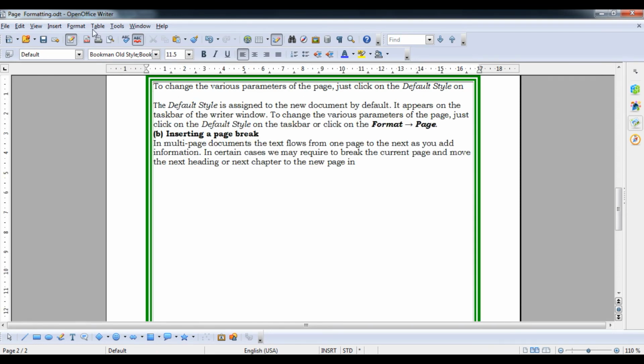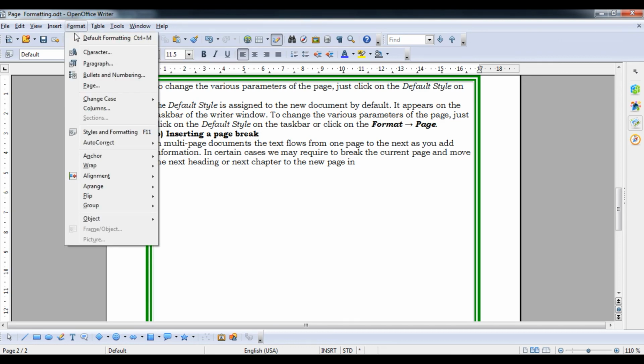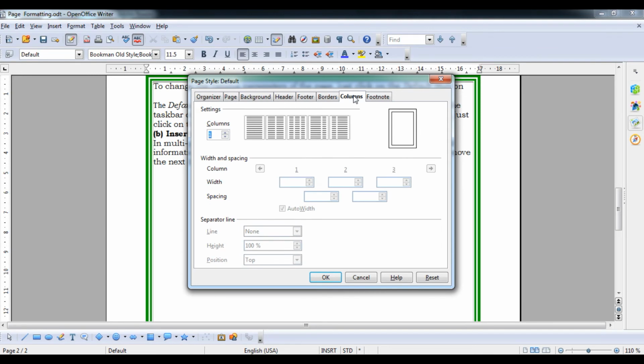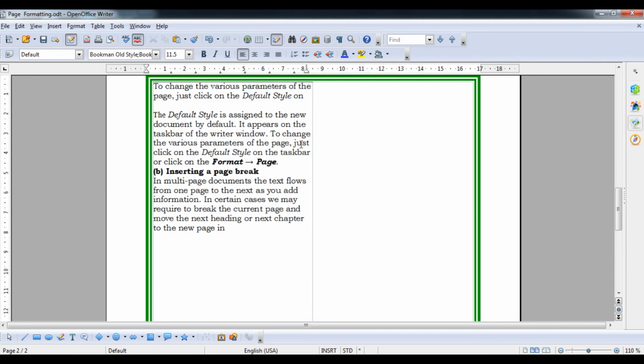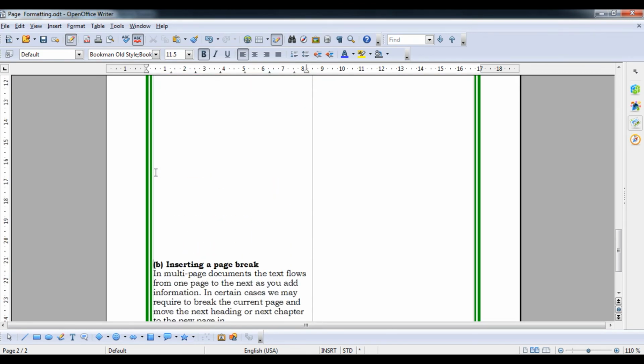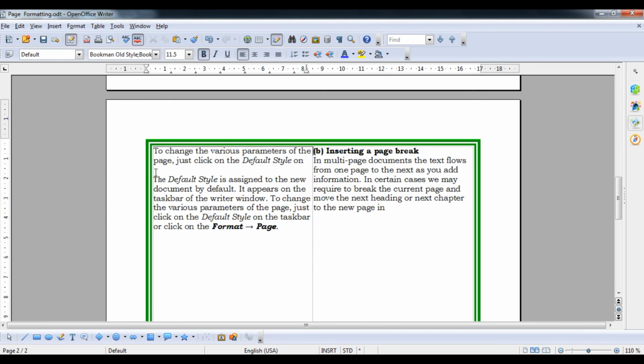Now what I will do student, you have to go to particular format option, then page option. Now you can see a column is given there, so you can see by default is one column. If you select two column, okay, now you can click on okay. So now you can see two column automatically come. Suppose if I press enter, it is because only one part of the content, so I'll press enter and enter to show it will come in a different two columns, okay.